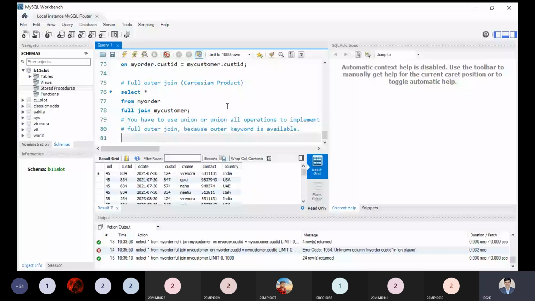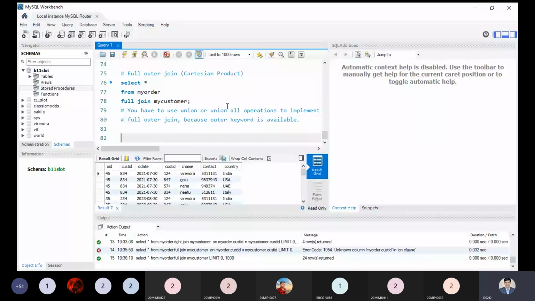Let me explain how to apply it. We can take this simple syntax right now: select star from my order and union select star from my customer.